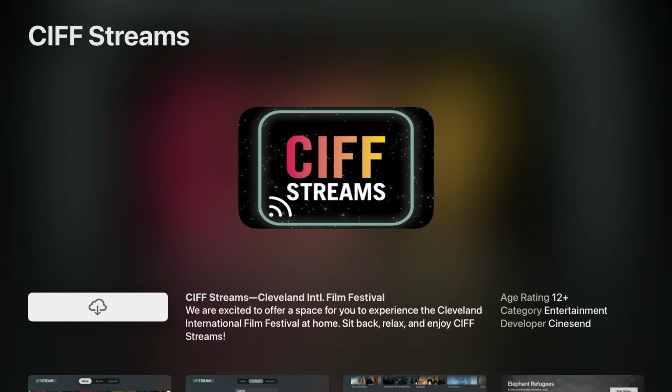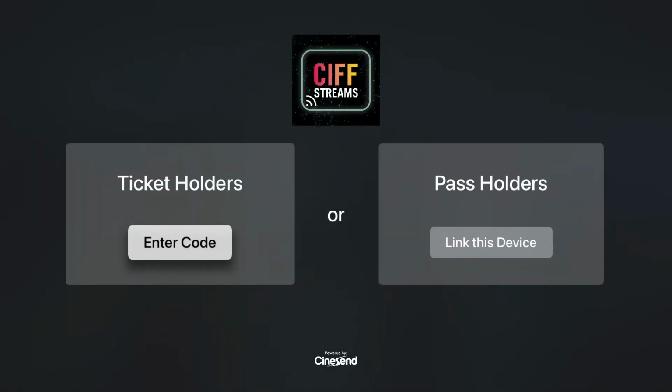If you have never downloaded the SIFT Streams app before, rather than the cloud icon, it will show you Get or Download. You're going to take your Apple remote and swipe down to the white button with the cloud icon, or Get listed. Click on that by clicking on the center of the touchpad on your Apple TV remote. This will download the SIFT Streams app, which you will be able to access from your main menu options on the Apple TV interface. You can also open it here. To open it, click on the center of the touchpad at the top of the Apple TV remote. This will open up the SIFT Streams app.